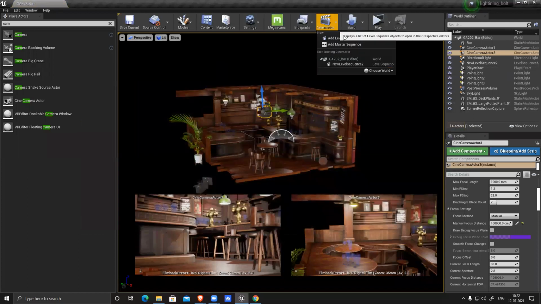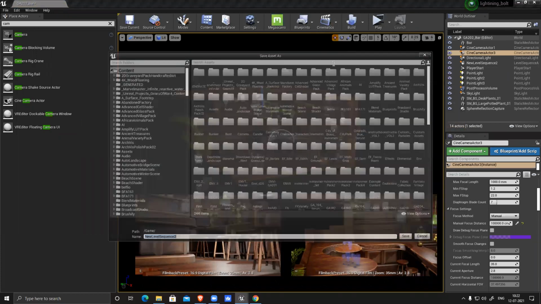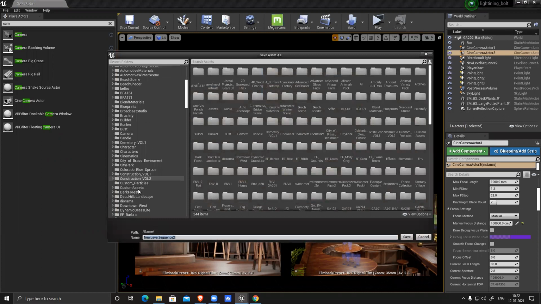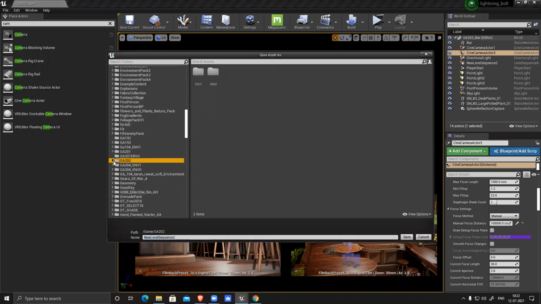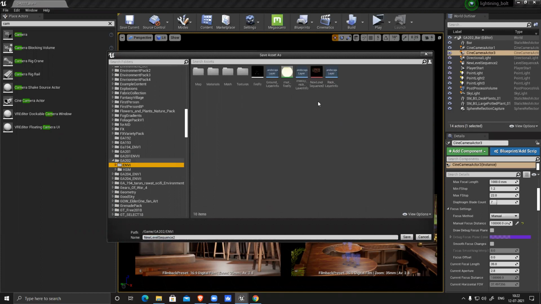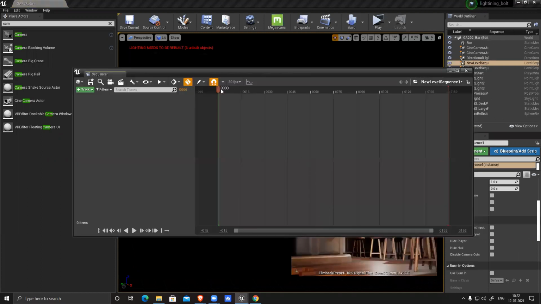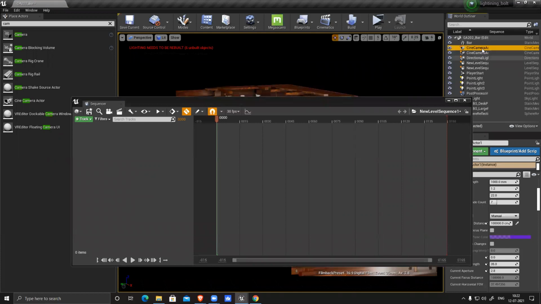Now I'll create one more sequencer and save it in that particular scene only. Previously sequencer 2, this is sequencer 1, I believe. Make sure the names are different and select camera 1.